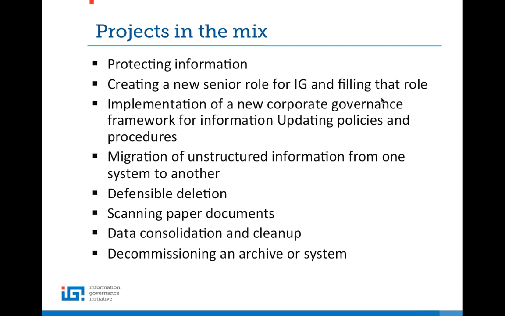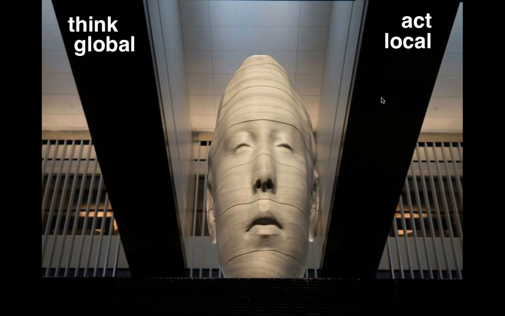It's a way to say, look, we claim to be a modern organization, but we still have incredible amounts of paper in the business process, and we think that if we can eliminate that, we'll show not only that we can drive down costs, but we can make everyone's lives in the company better because it's easier to find information. So these are some of the projects that we see people starting with, and there's no right answer here because it really does depend on what's going to be doable and what's going to demonstrate the value of IG